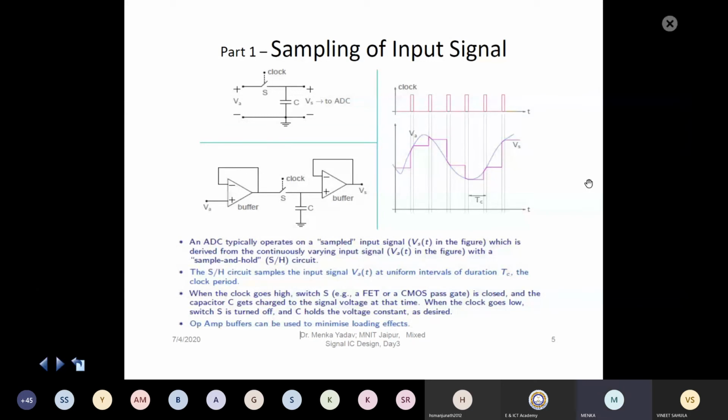So why are we going to give this sampled input? The reason behind this is very simple, because if this is going to change continuously, it cannot be monitored by our A to D converter. So if this is constant during the A to D conversion, we know that this was the corresponding analog level, and then we will be able to convert that into digital, so it will be easy for us. That's why the sampling is done first. I mean, the sample and hold circuit is kept before, and then this is given to the next one, which is the A to D conversion.